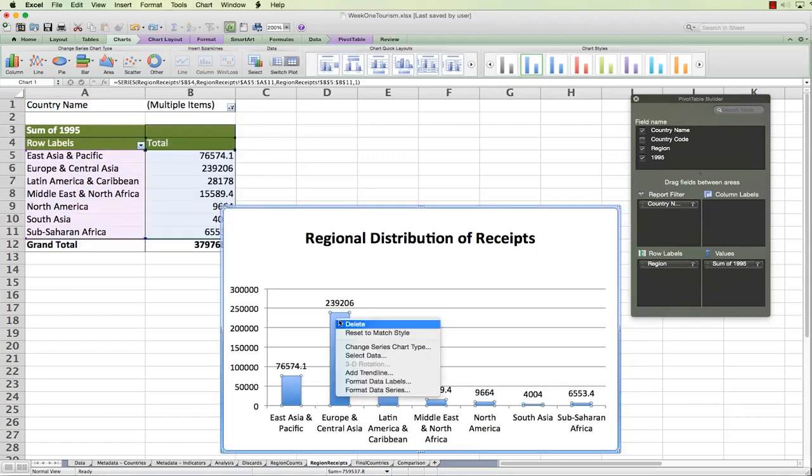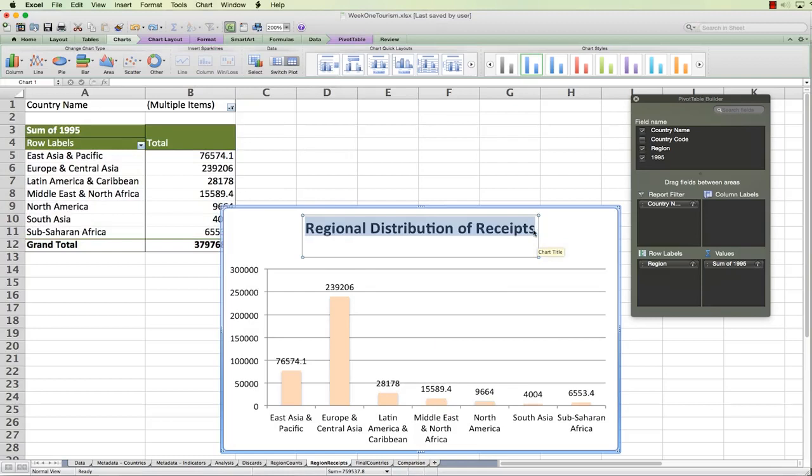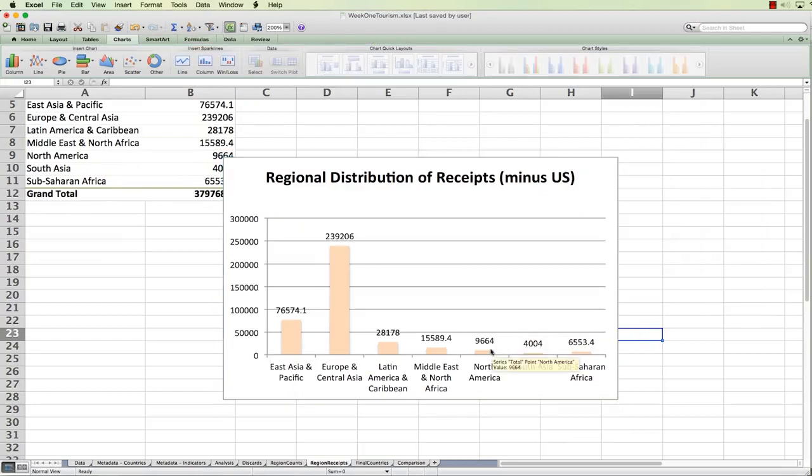So I will go ahead, change the fill for this data series, give it a new color. I'll say OK to that. And I'll have to indicate that in my title, I will say minus US. So as we notice, North America has been sizably reduced thanks to the United States not being in the mix.